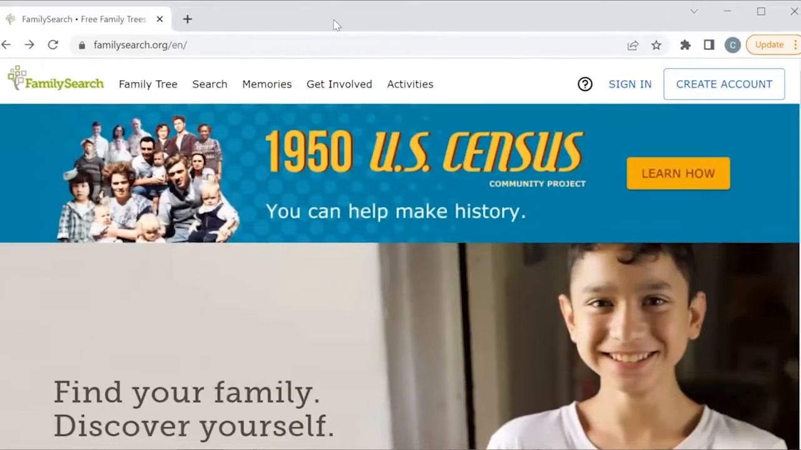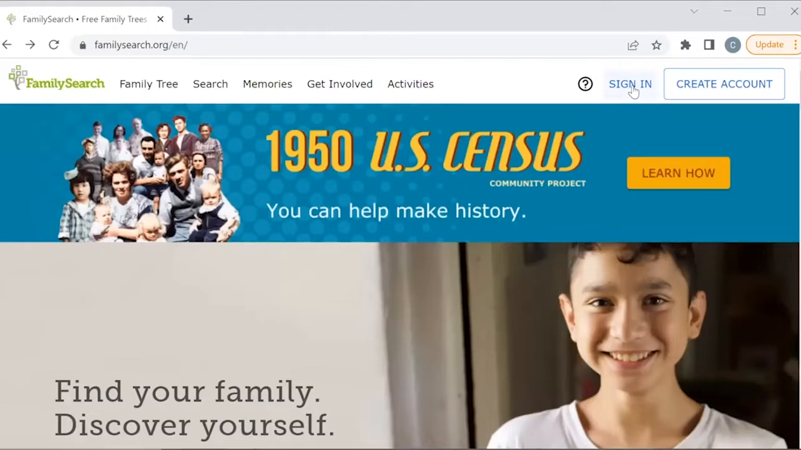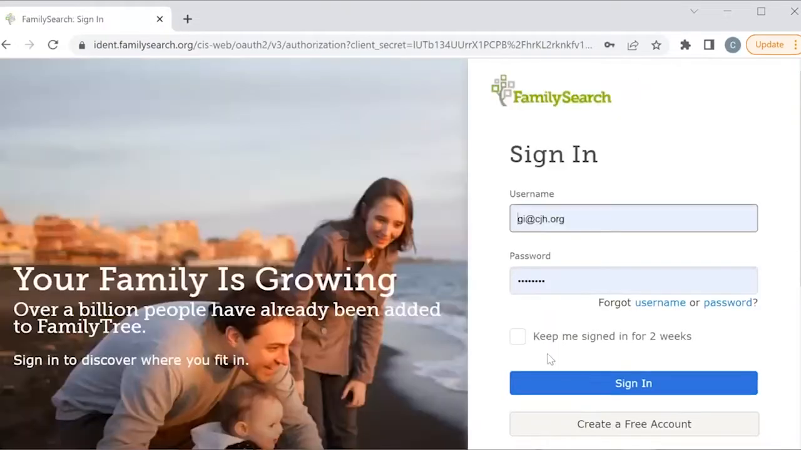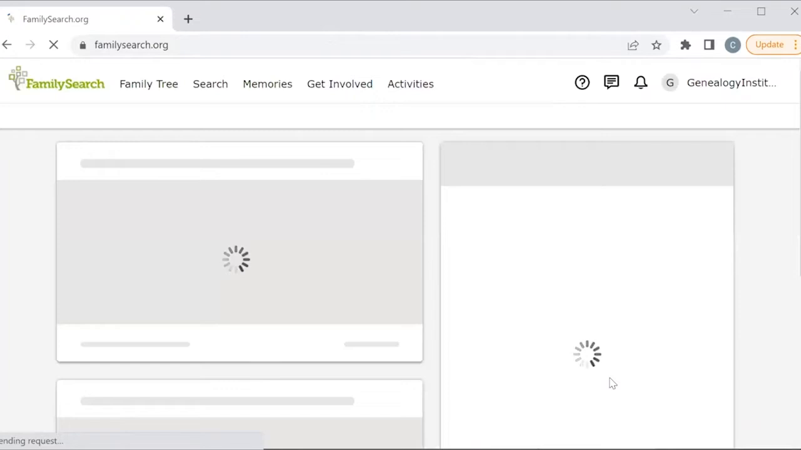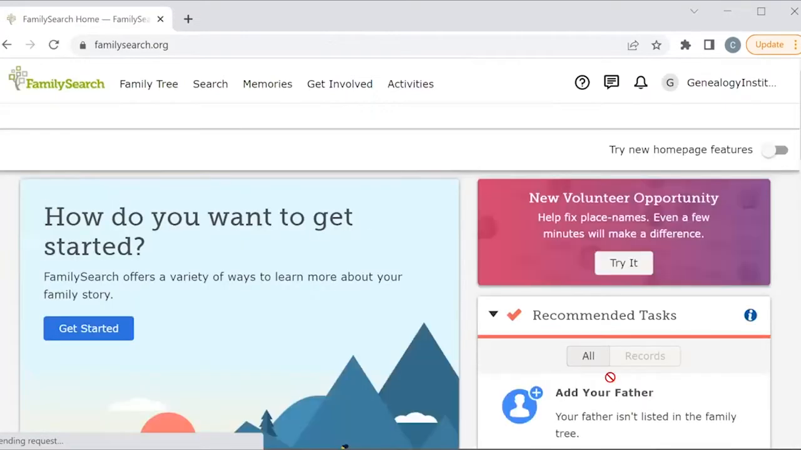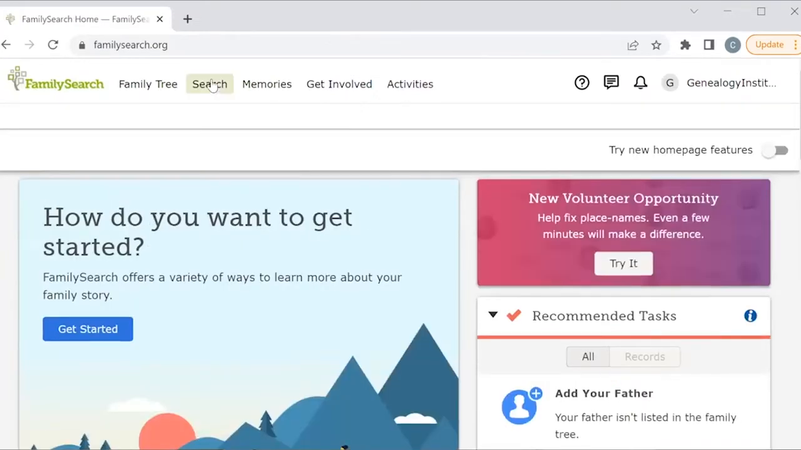Okay, so let's talk about familysearch.org. Here you can see the main website, and everyone can click create an account. It's free. You just need an email address to sign up. Once you have your account, you can sign in. And the first thing to check out is under the search